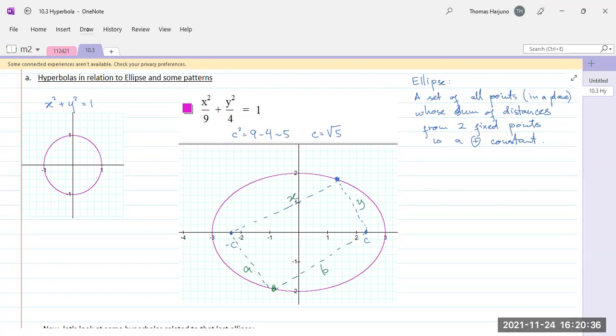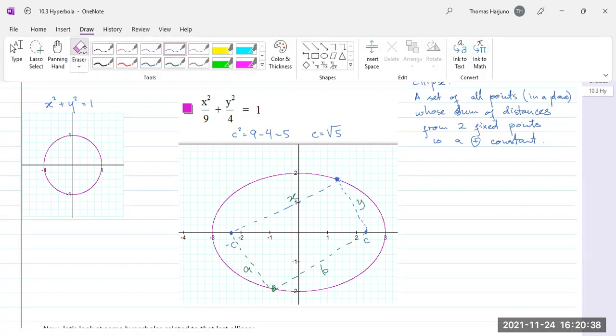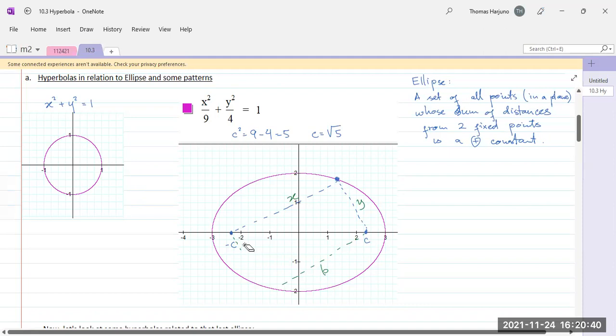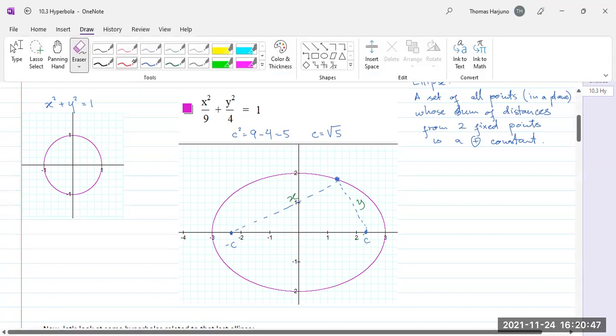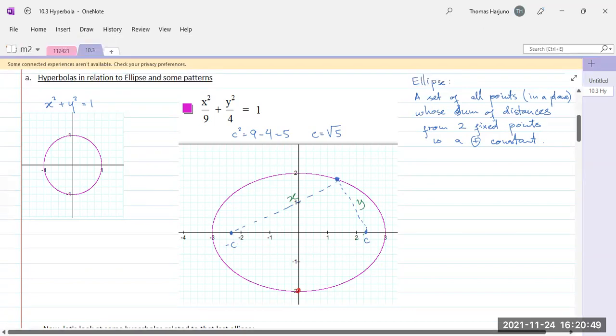Or you can use another point, it doesn't have to be this one. Let's pick the one here. The sum of the distances in red equals the sum of the distances in blue. That's how we define